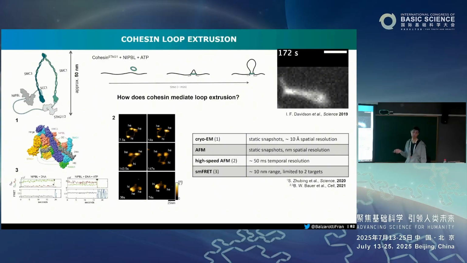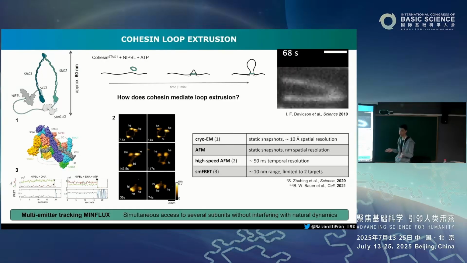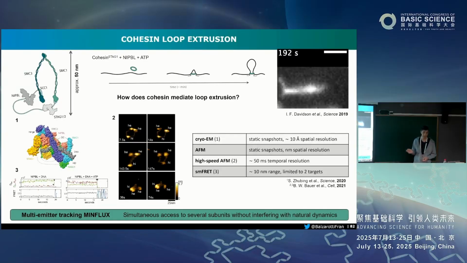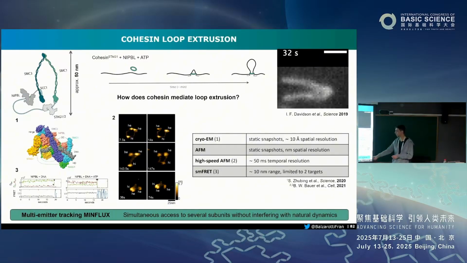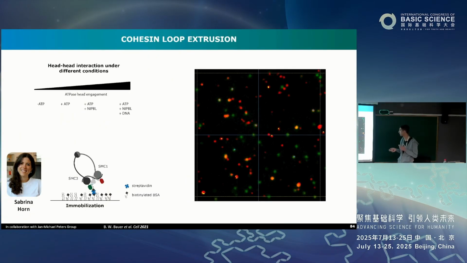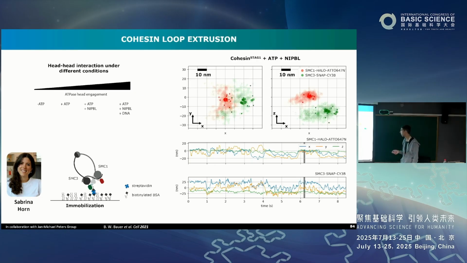And of course, you can do high-speed atomic force microscopy, but it's very, very low throughput, and it has some artifacts of the surface. So multicolor, multi-emitter MINFLUX is a good candidate to understand what are the steps that this molecule is following to extrude DNA. These are initial experiments, but they look like this. We label 2 sites, so we are very ambitious. We want to label more sites, and we're on that way. So we choose which molecules we want to address, and then we just measure. And what we found was very, very